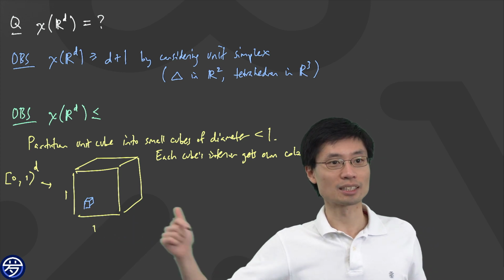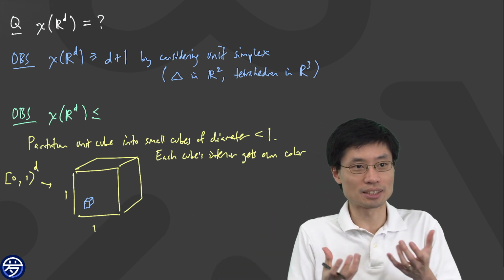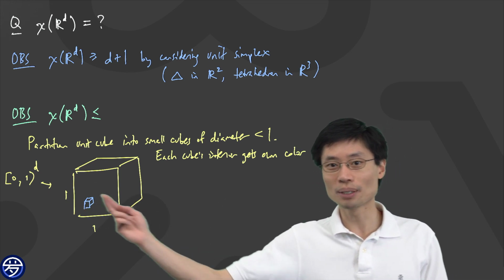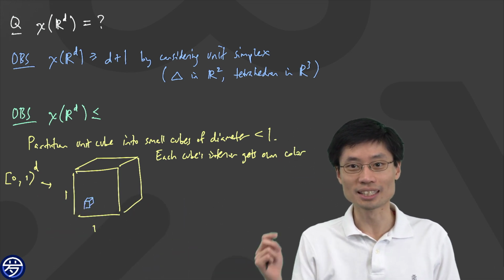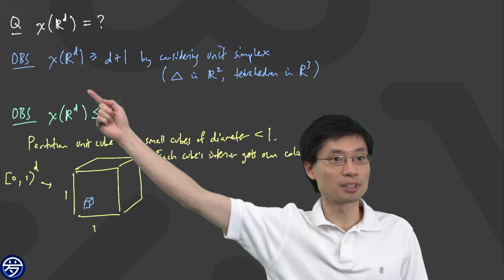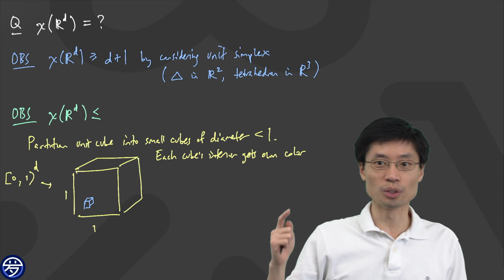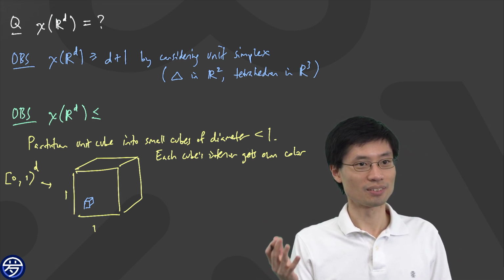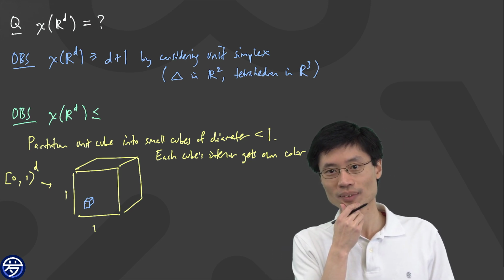What I mean is that somehow I'm not including the upper endpoints, and that just lets me actually partition space into translates of this cube. And because of the endpoint considerations, I don't ever have to worry about what happens between points in different cubes. Any points in different cubes have a distance which is already strictly bigger than 1. Right? So in that, wait, is that the case? No, that's not the case.